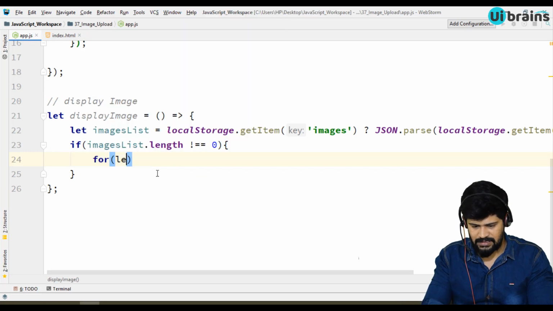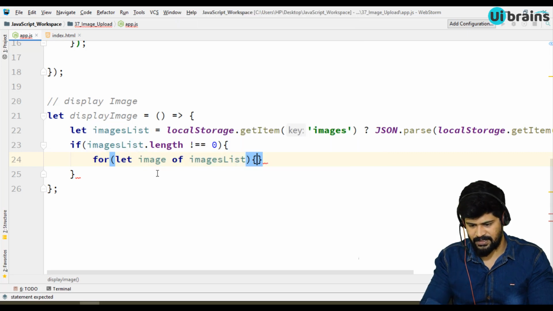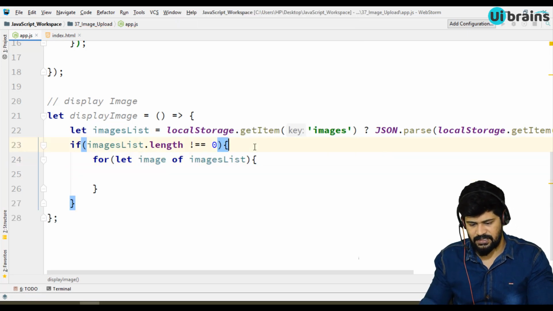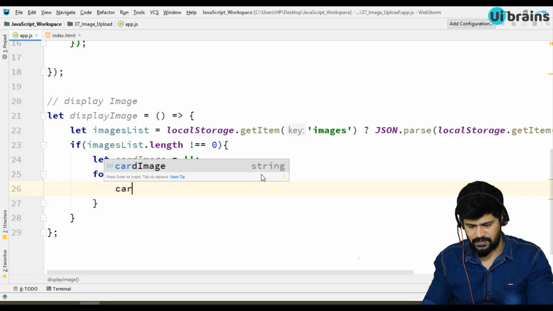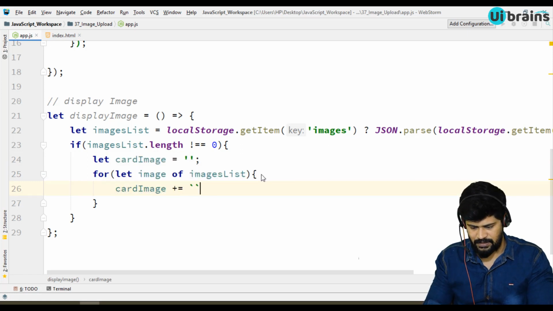So for let image of imagesList, and for each image, let's do one thing: cardImage is equal to an empty string. So I have to construct the card with this image. So cardImage plus equals.